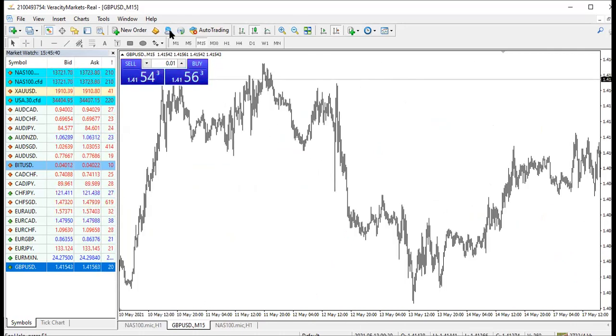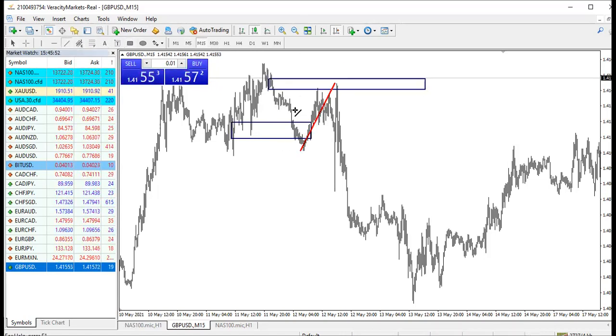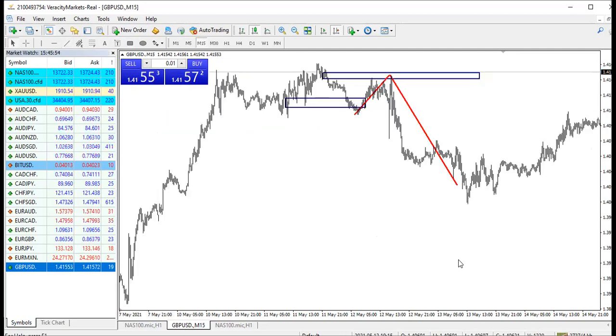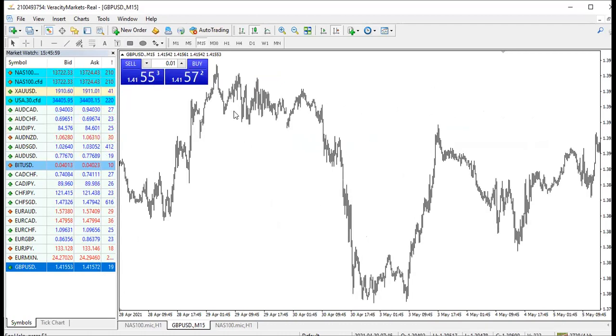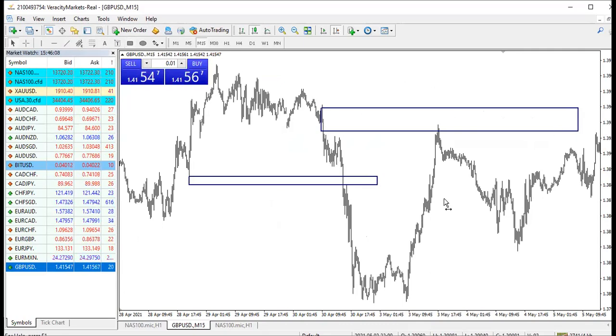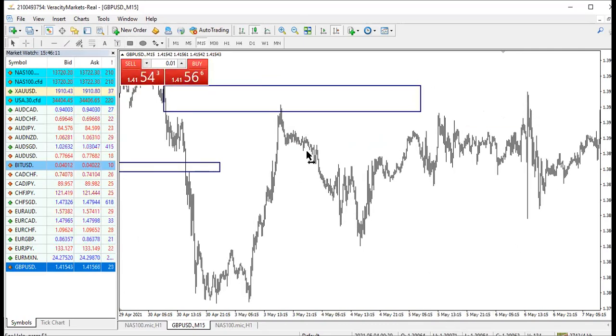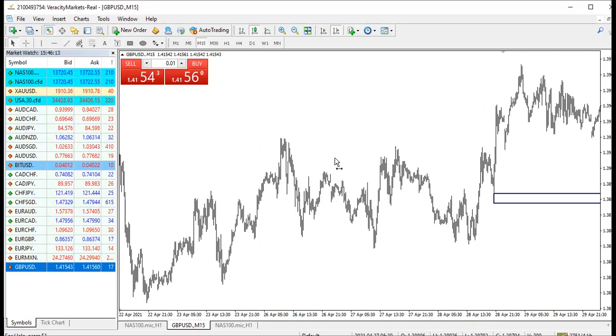You have your low, your low is what is broken. I look for my imbalance here. I found my imbalance. The market came and did what? And went down. This is everywhere. Look, I have my low. This low is broken. I found my imbalance here, when the market came. This is everywhere.